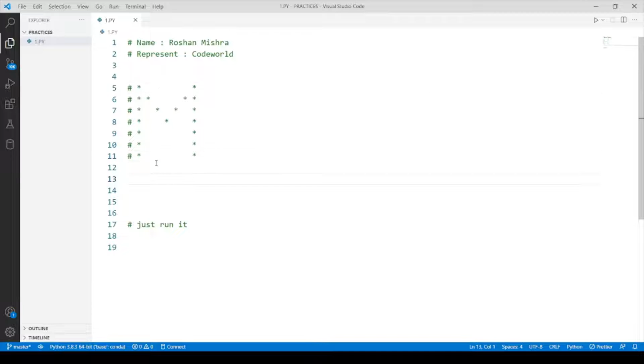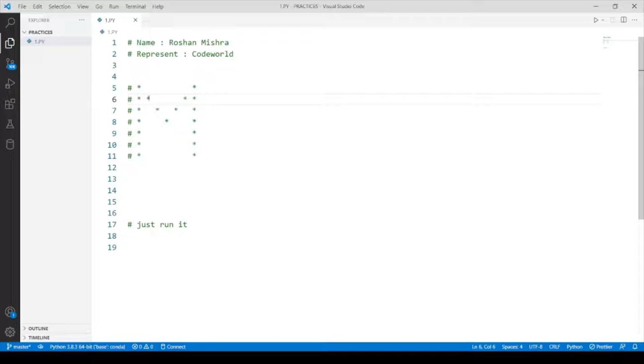So let's start. What we will do, we will make the zeroth, means first row column, with full asterisk and the last column with full asterisk, and then one by one we will start printing these.